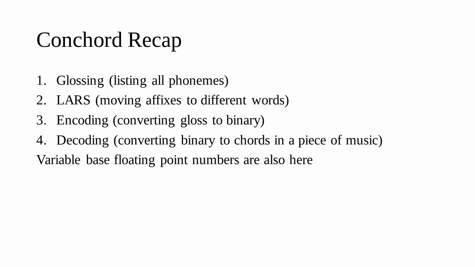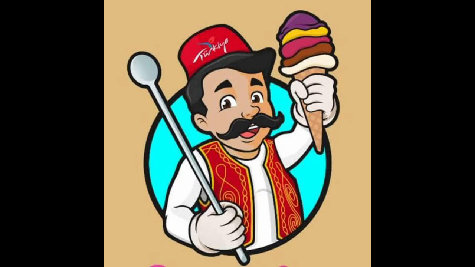So to recap, we have a language whose morphemes are scrambled with LARS, encoded with Huffman coding, and then decoded as chords in a piece of music, all with a side of variable-based floating point arithmetic. You may be curious as to how such a bizarre language arose, and, well, remember the Turkish ice cream merchants who made dondurmaca? Though they were proud of their creation, they quickly found a fundamental flaw with it. Any ice cream used to communicate with each other was ice cream not sold to a customer, exacerbating the financial woes that inspired their revolution in the first place.